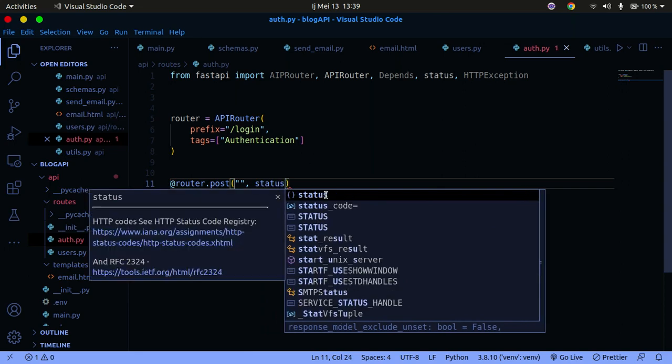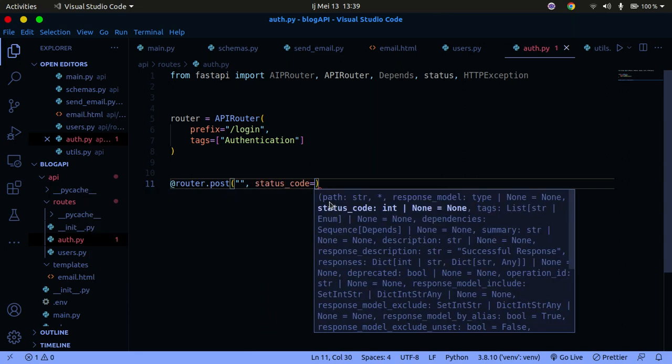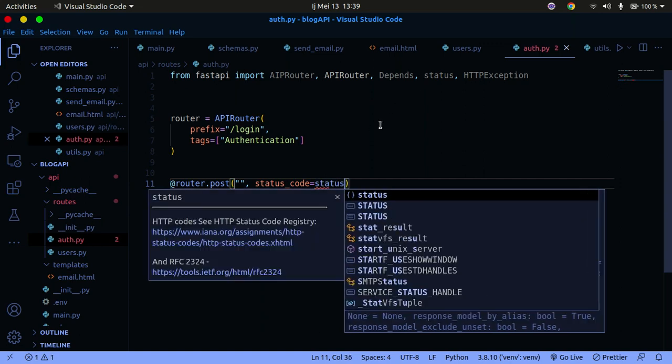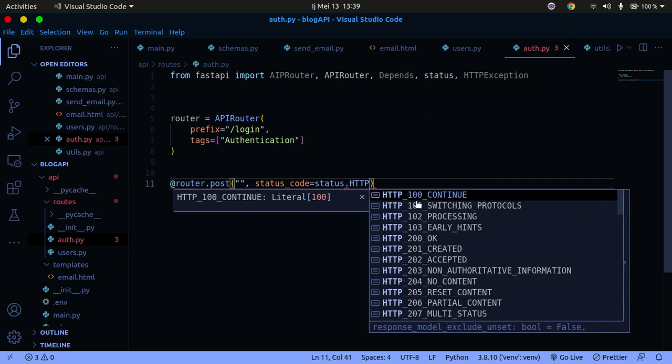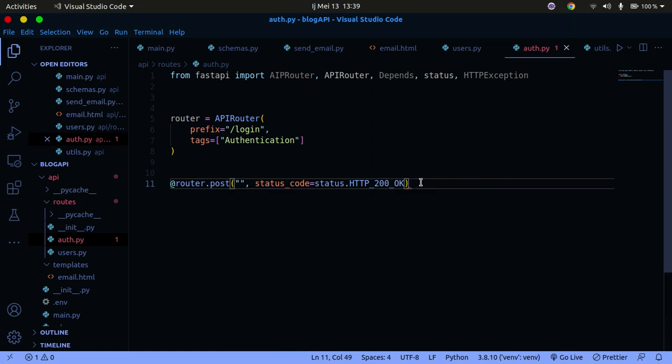We can simply return a status code to the user, and to do that you have imported status right here. So we're going to use status, and you can just say .http, and then look at the statuses. I'm just going to return a 200 to show everything was okay. Once I have that done, I'm going to create a simple asynchronous function here. So I'm going to say async def, and I'm going to call this function